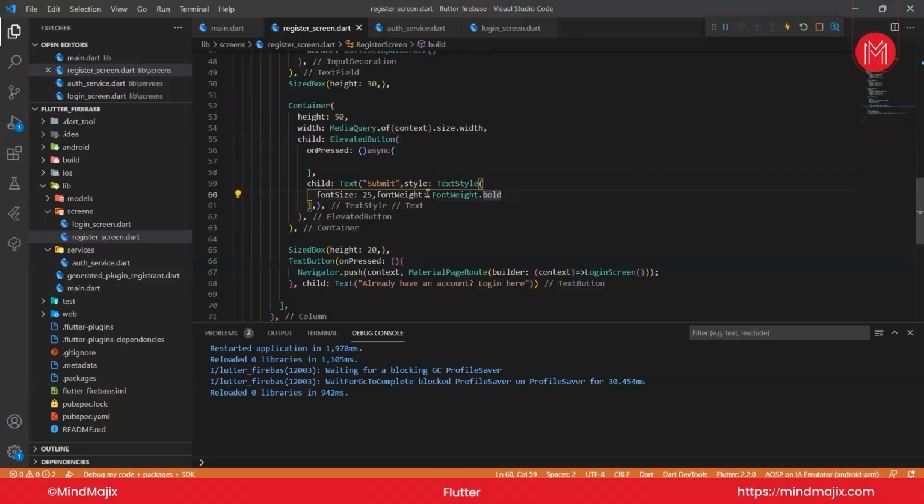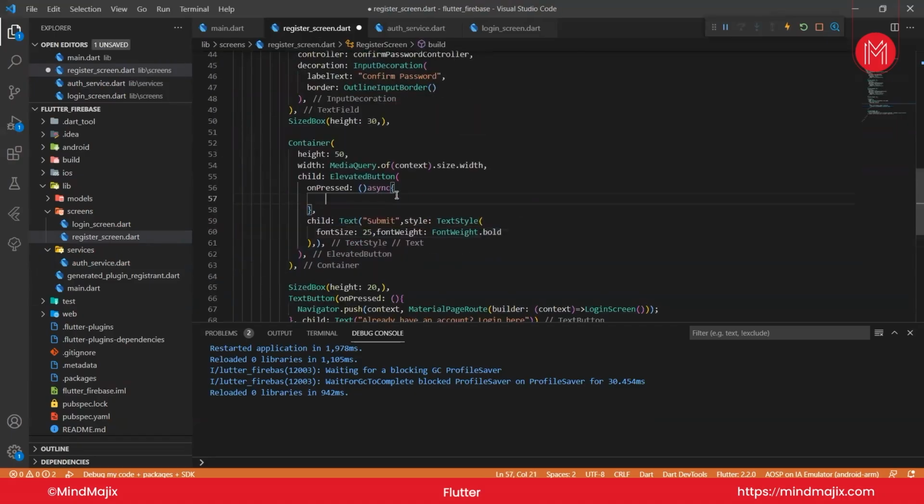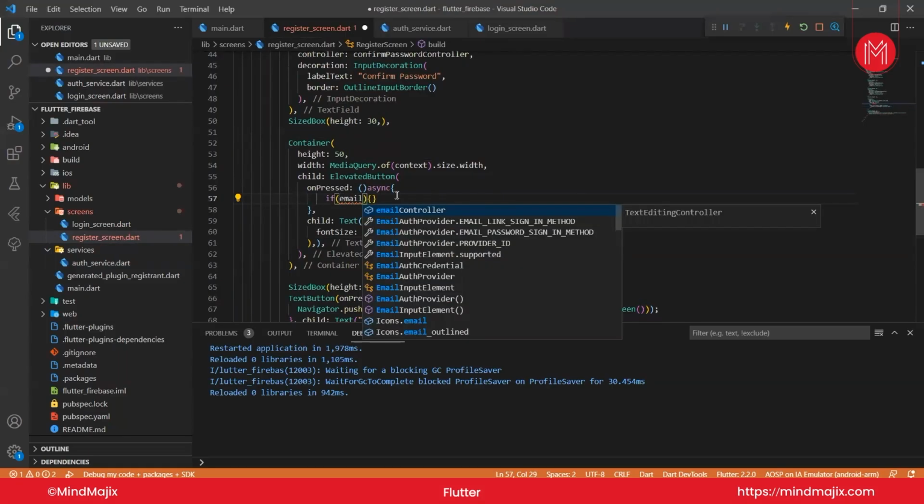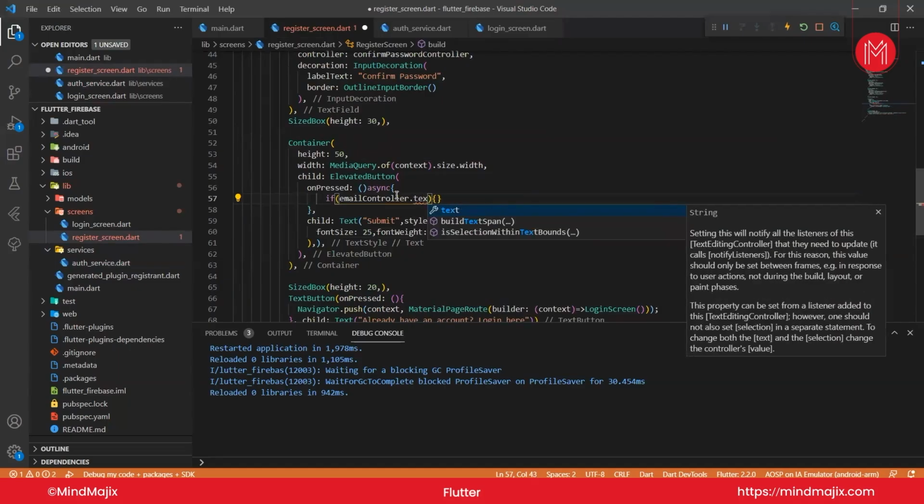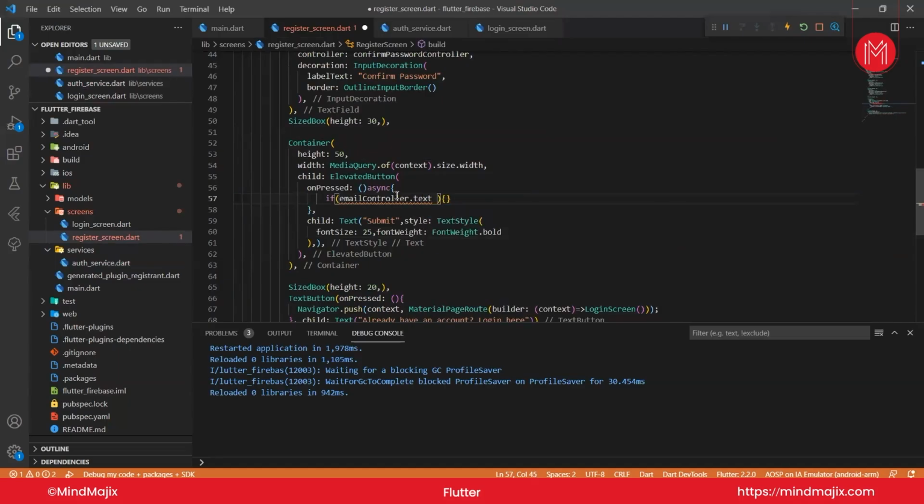So now let's go to this container, and in the on press button, first of all I would like to give some if checks. That is, I don't want the email and password to be empty. So I will write if email controller dot text is equal to empty, or